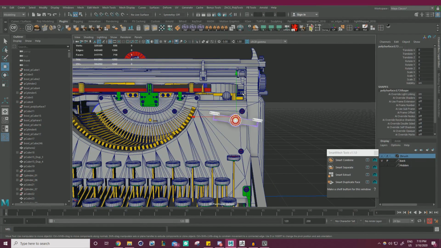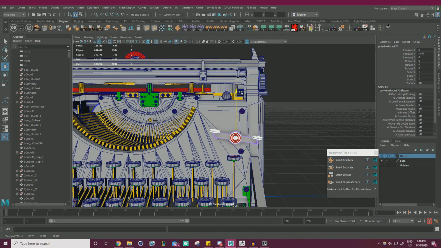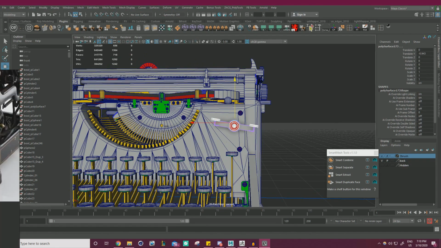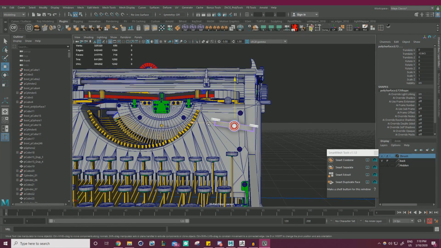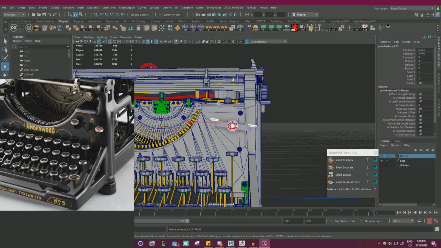Freeze transform sleeve history first. Weird, there's sliding. I'm wondering if, yeah, it's on component. Change that back to world. And we're good. I'm going to lower this just based on the reference a little bit more and move it over and just center it between the two bolts. The reference doesn't have it centered. It's more